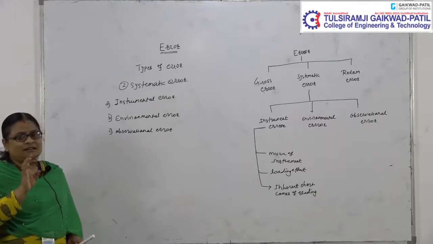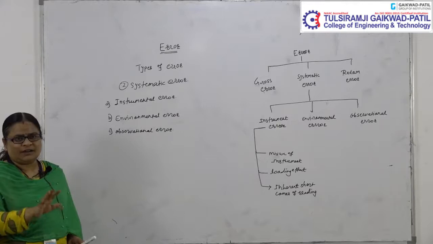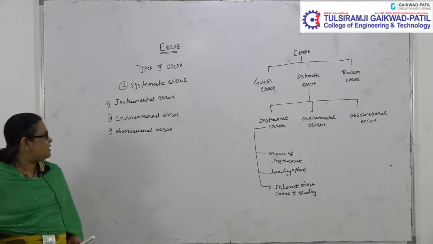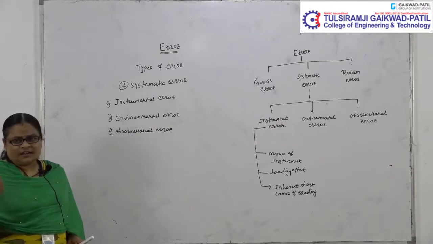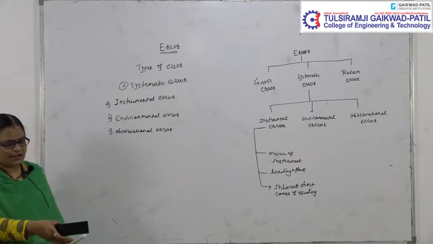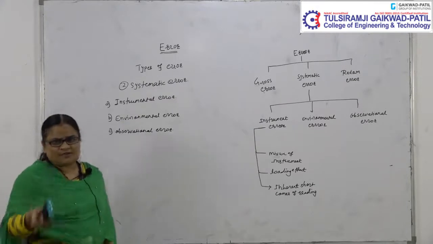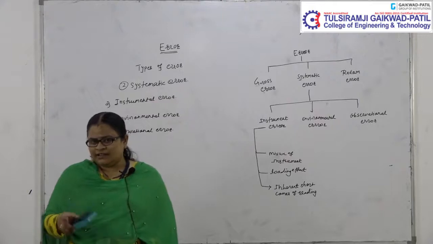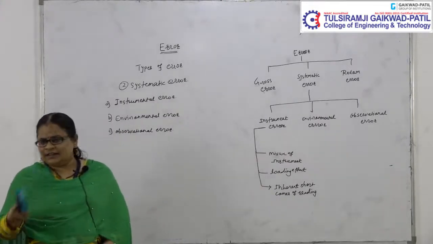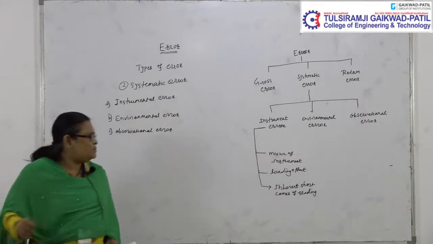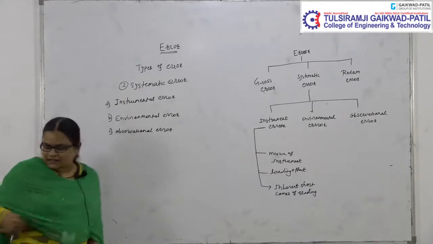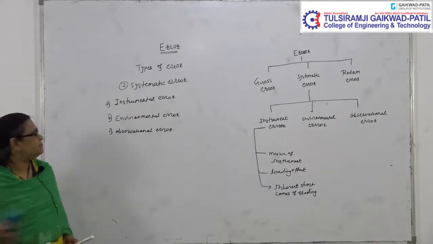So that is the error with respect to the human, with respect to different parameters, and it is called an observational error. If I am observing the reading of this instrument in this direction and another person is observing the reading in that direction, then the reading is different in both directions. That error is known as an observational error. So these are the various types of error, and the last error is the random error.